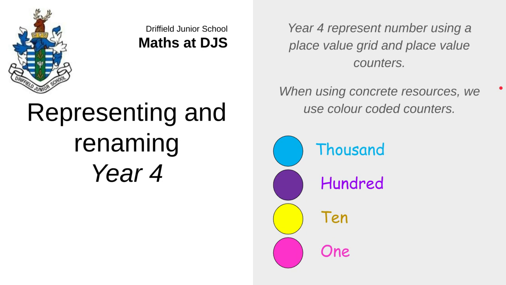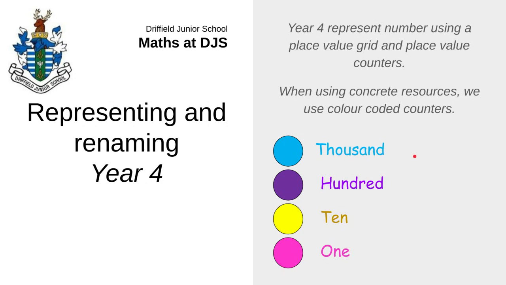Representation and renaming in Year 4 is a really important skill with how we show number. Now, we use colour-coded place value counters to represent number, and each counter represents 1. So we've got a blue one representing 1000, purple one representing 100, yellow one representing 10, and a pink one